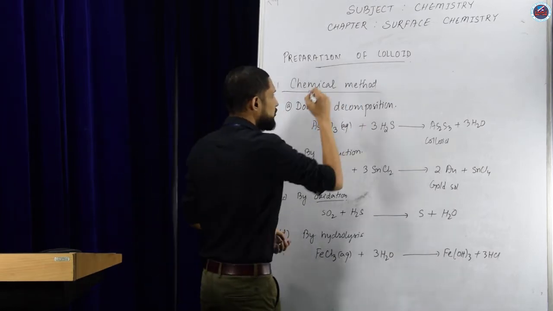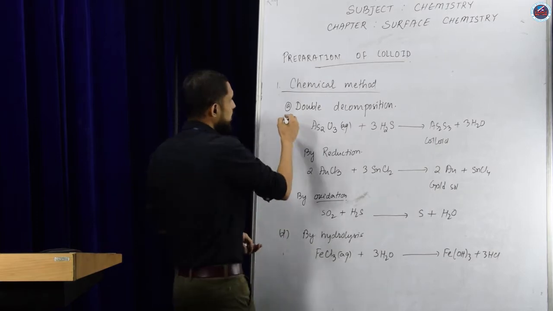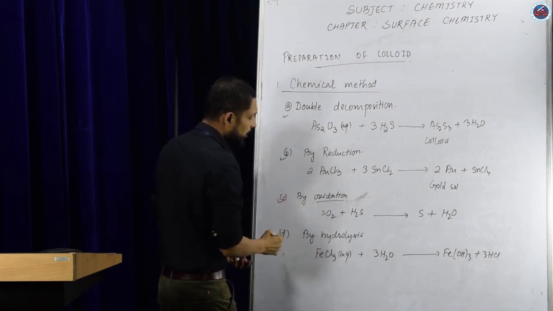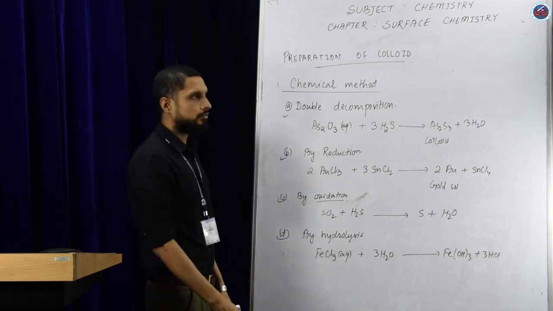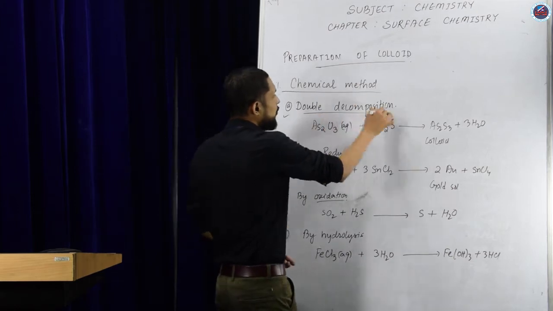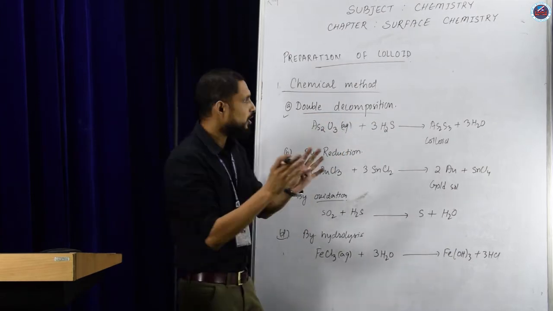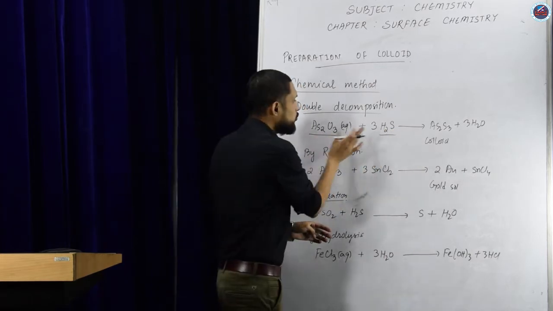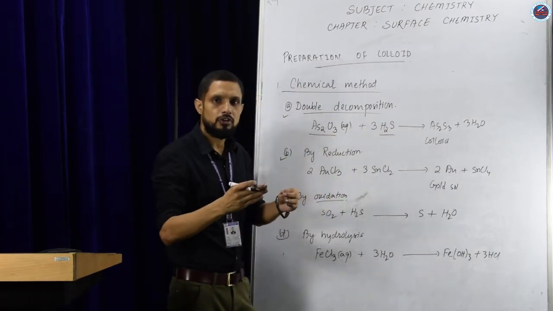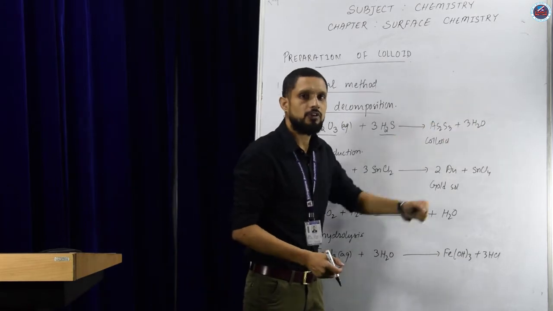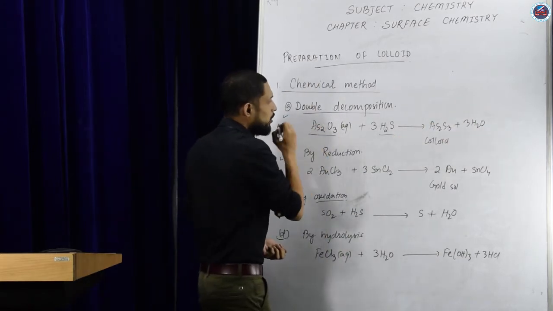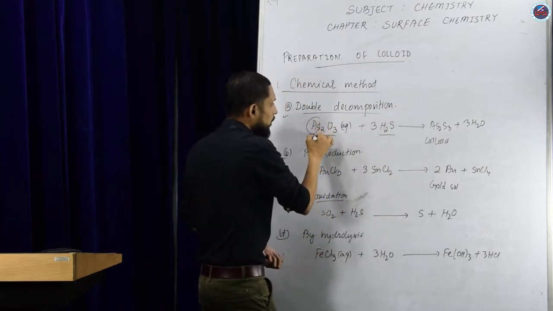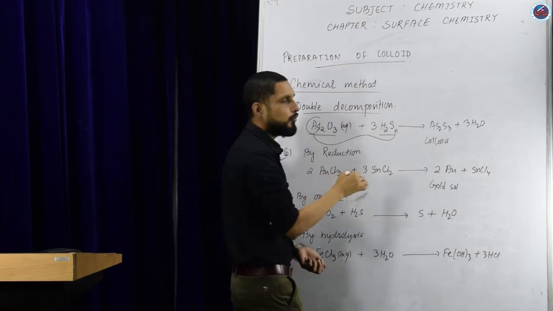So under chemical method, again, there are different types of process like double decomposition, by reduction, by oxidation, or by hydrolysis. So in double decomposition, we will take two substances like As2O3 and H2S. Both will undergo decomposition and they will form a new substance. So As2O3 plus 3H2S. As will take sulfur from here and will form the colloid